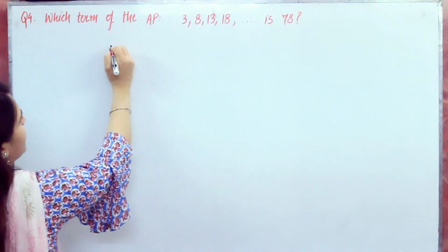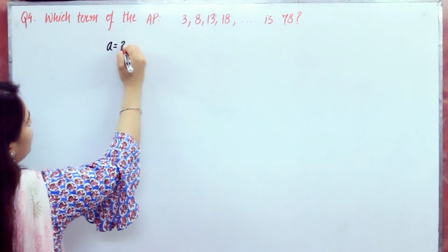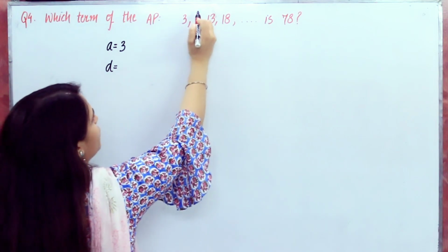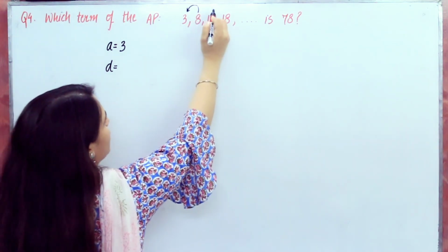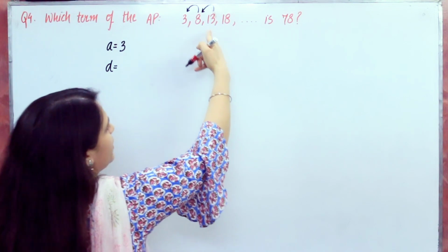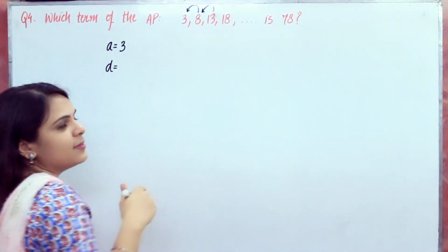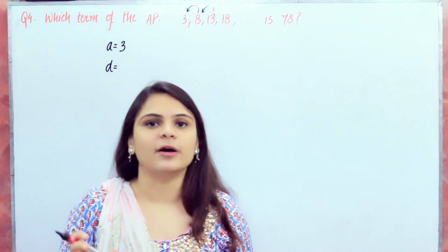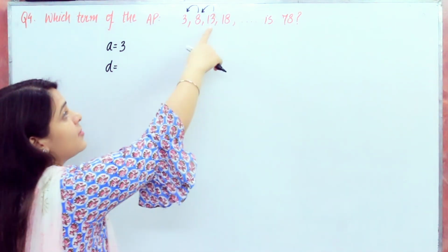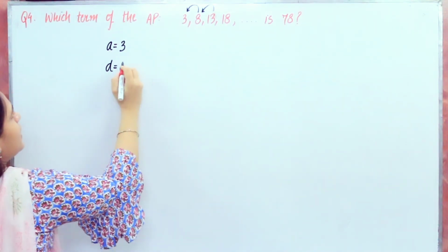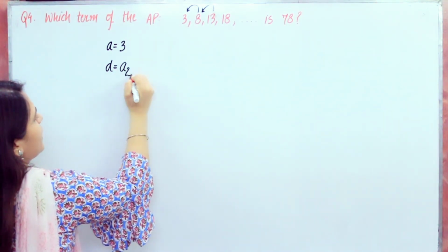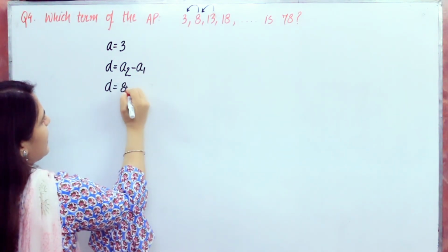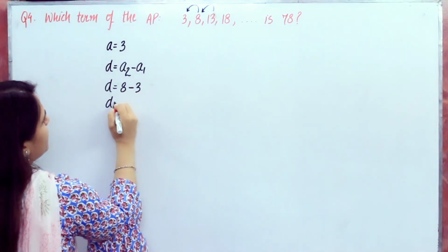So in this AP, we know our first term is equal to 3. This will be our first term. And common difference we can find by using formula A2 minus A1, or you can do A3 minus A2 or A4 minus A3, because it's a difference between two consecutive terms of an arithmetic progression, the next term minus the previous term. Now we have common difference is equal to A2 minus A1. Second term is equal to 8 and first term is equal to 3,